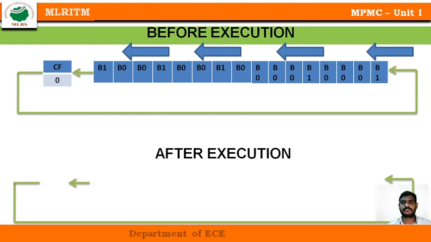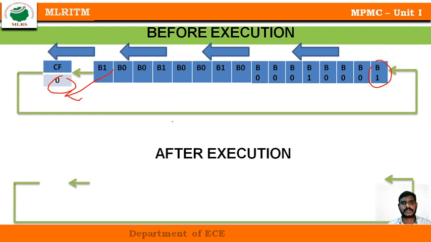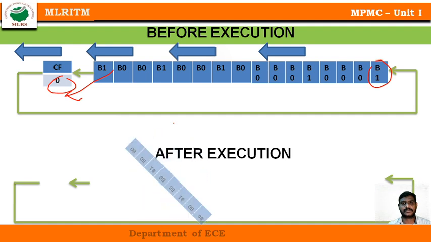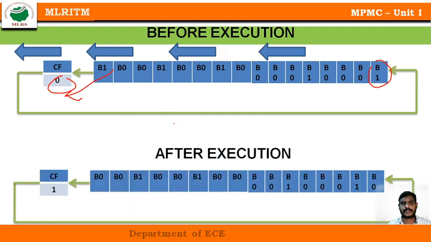If you see the example, the same thing: this bit position is changed to the carry flag, and the last position is filled with a 0 because it was already one position here. It is filled with a 1 after the execution of this particular operation. So this is rotating left. Here the last position 1 is shifted to the carry, and whatever carry is present is given to this position.